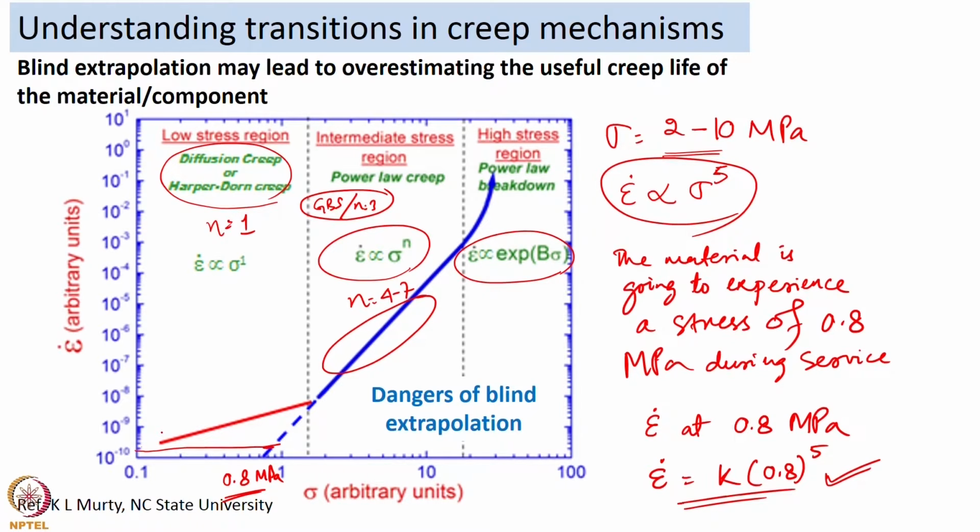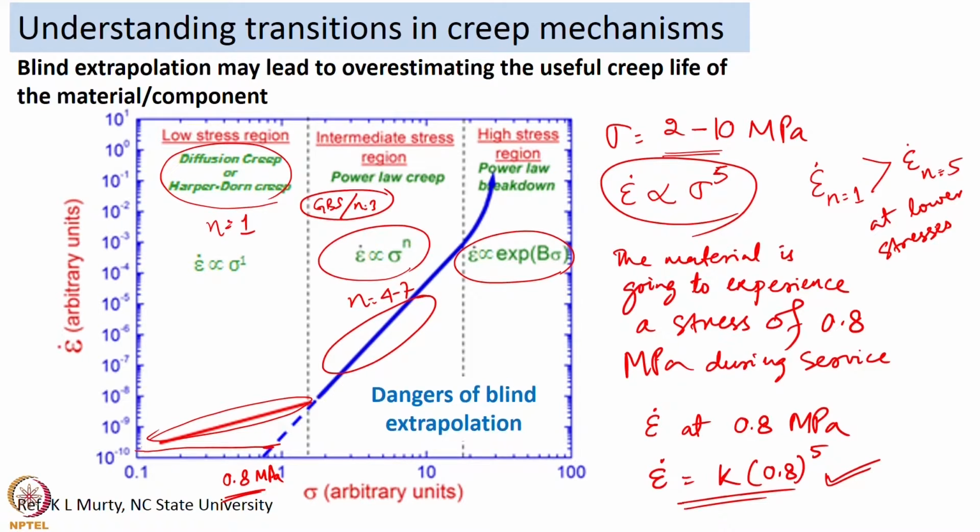The strain rates of deformation associated with diffusion creep are very different compared to the strain rates associated with power law creep. So, there is a big probability that the strain rates of deformation in the diffusion creep or low stress regime are higher than what a back extrapolation of power law creep would provide. If the material actually transits into a diffusion creep or a Harper-Dorn creep regime, then the strain rates are going to be higher than the strain rates associated with n equal to 5 at lower stresses.